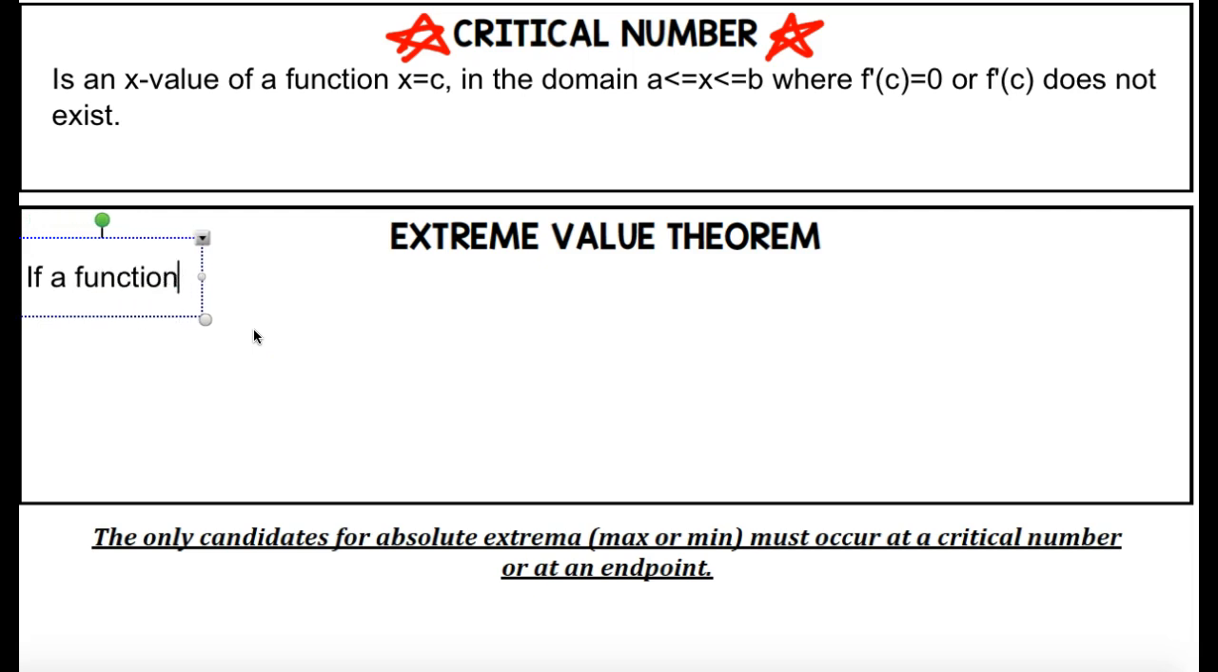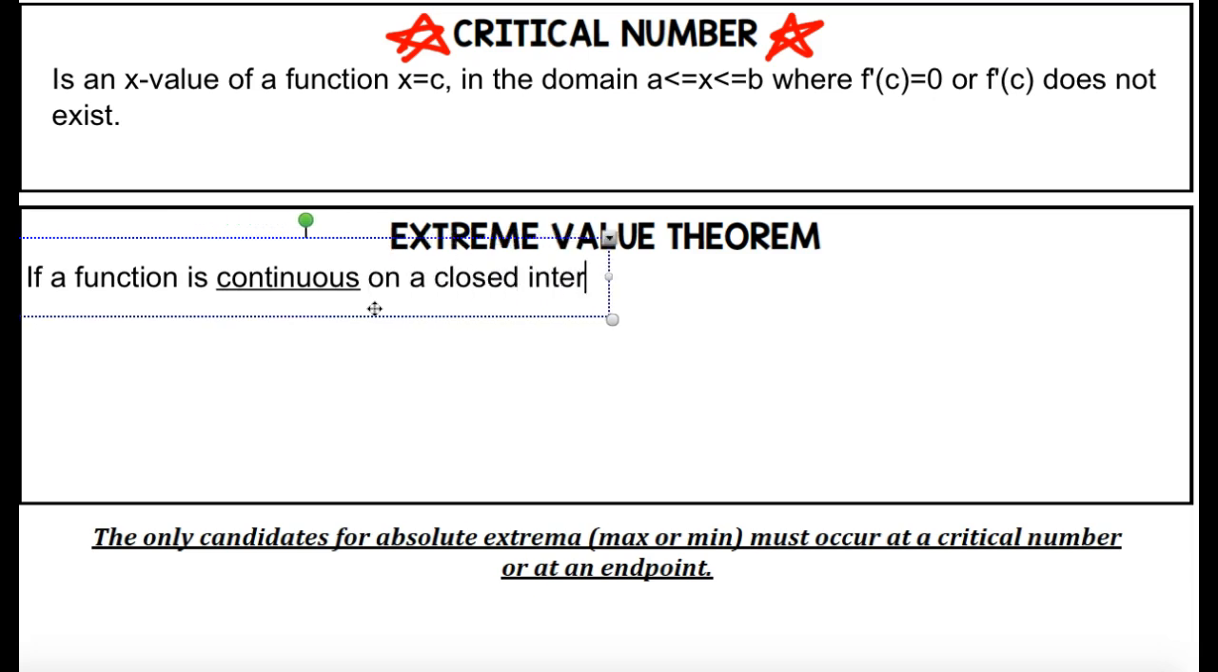If a function is continuous, that's key. All right, let's underline that. If a function is continuous on a closed interval, what does that mean? Closed interval. Closed means the endpoints are included. Right? So if a function is continuous on a closed interval, and generally we denote our endpoints of that interval